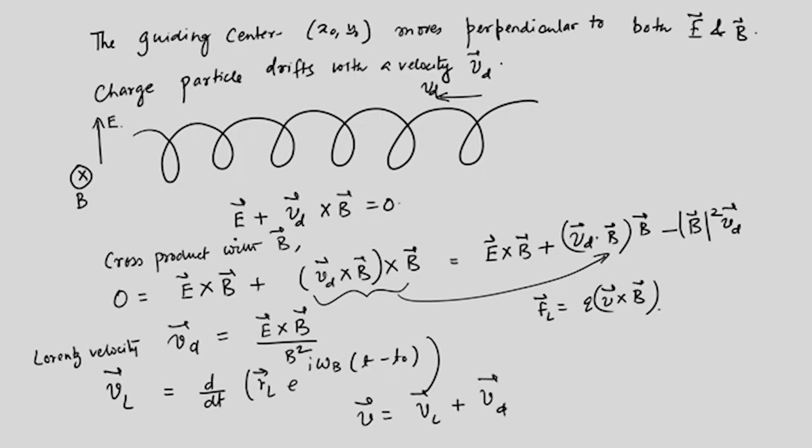And of course, because of this electric field, there is also a velocity, which is the parallel component of the velocity, and this is the total velocity of the particle, and this total velocity can be integrated in order to find r as a function of t,